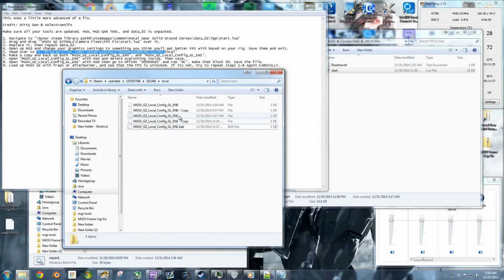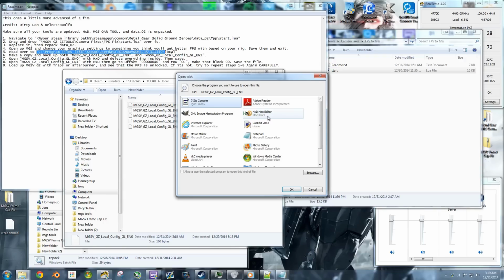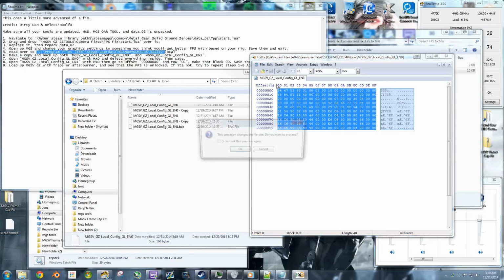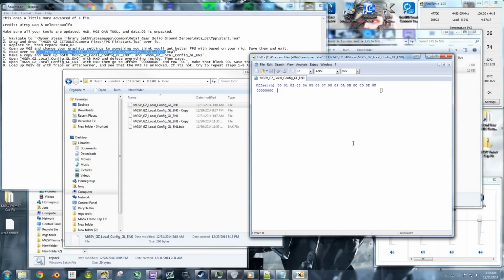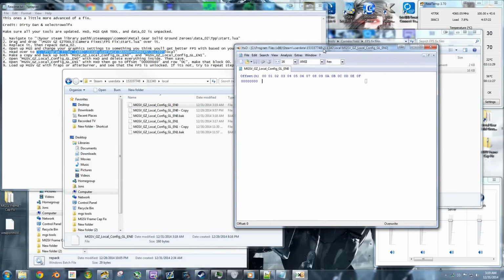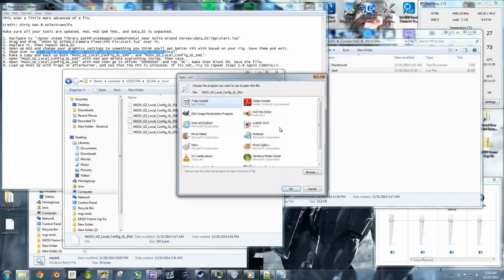So anyways, what you're going to want to do is open up this file right here with HxD. Open it up, just delete everything inside of it. Save it. When you look at it, it'll say 0 kilobytes. Save it. Alright, now you need to go to MGSV Ground Zeroes local config, English 1, whatever. Open it with a hex editor,